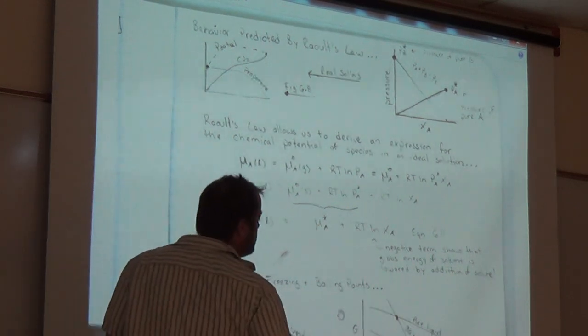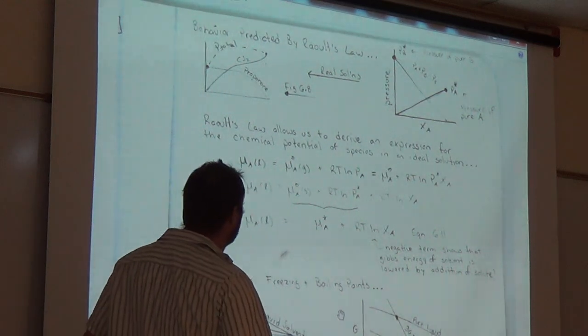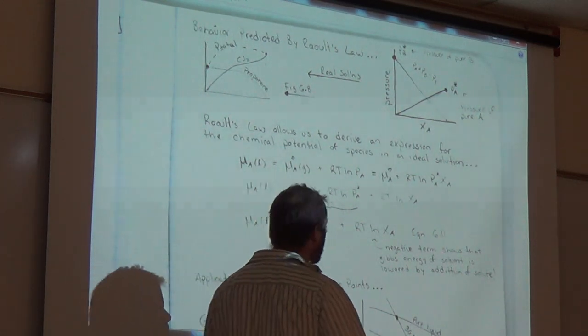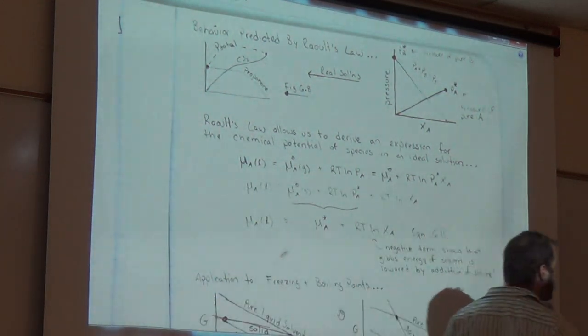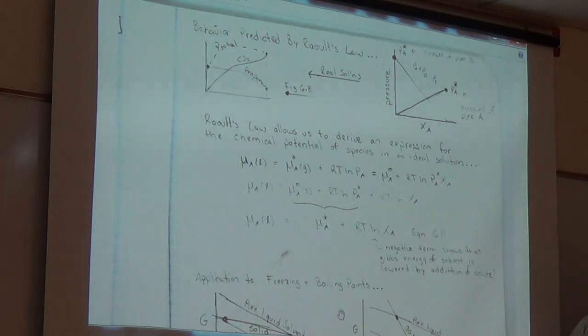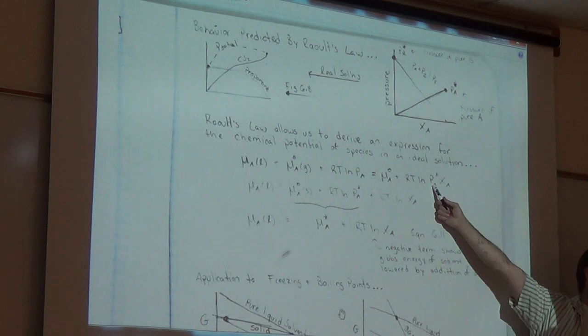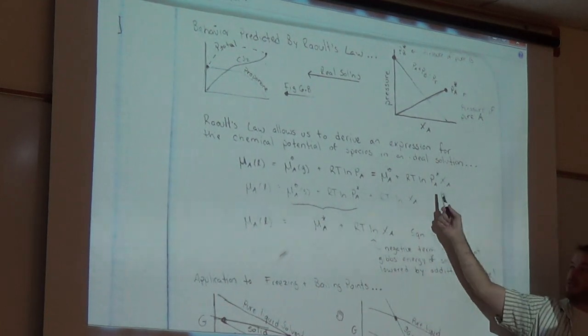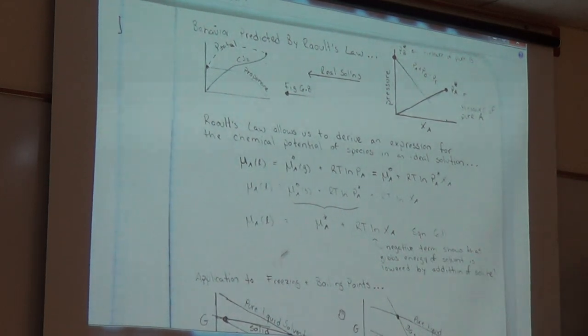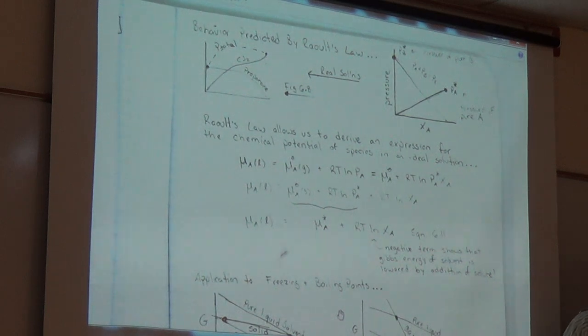An analogous term that I didn't put in my notes can also be derived using Henry's law. Just imagine that instead of writing P pure times XA here, we write Henry's law constant times XA, and we execute the same steps. We'll end up with an expression for the chemical potential of the solute that says that